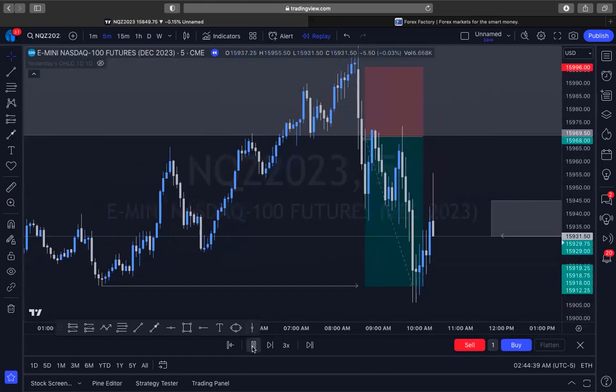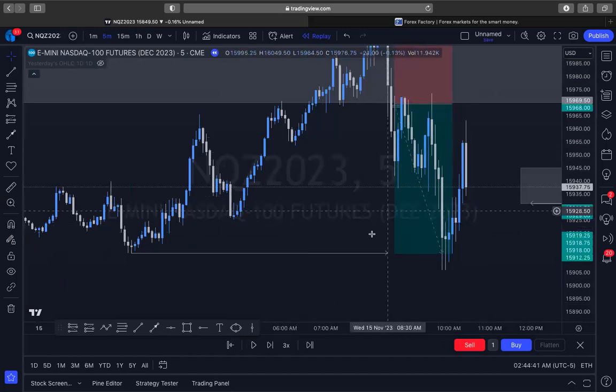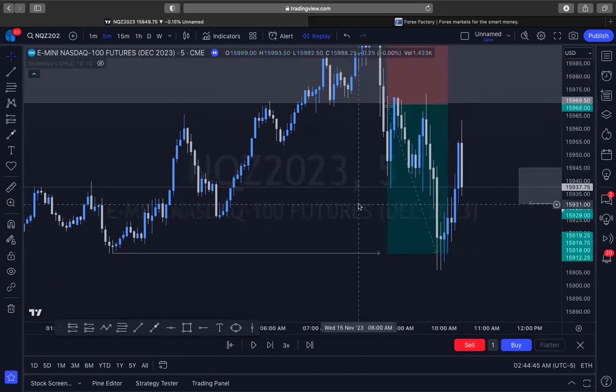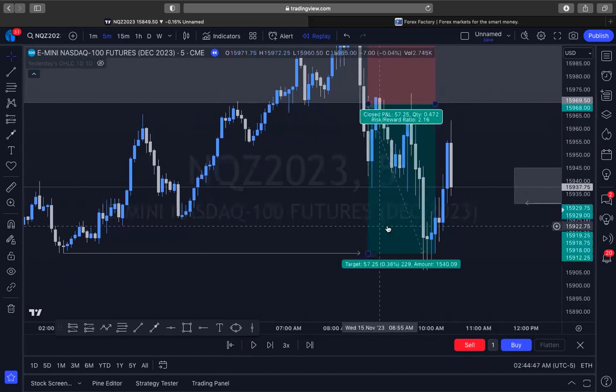Boom. And that was it. I was done for that day, right? If you look here, TP was smacked and it was done. And this is why I love trading between these hours. If you look at the bottom, entry was at 8:40. I was out of that trade by 9:50. So roughly about an hour for the trade.